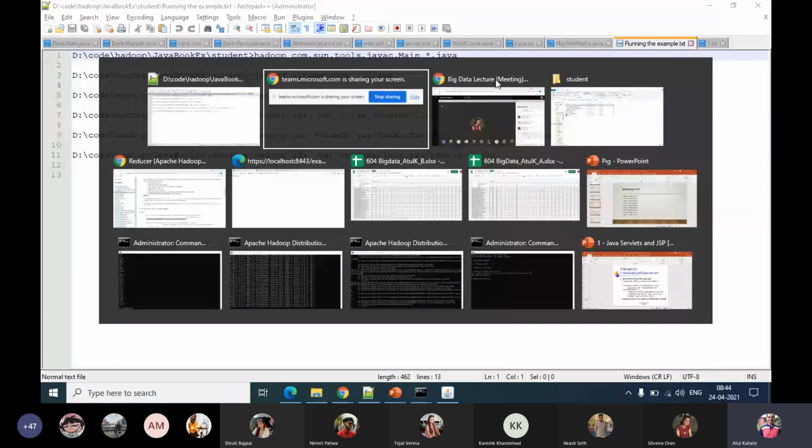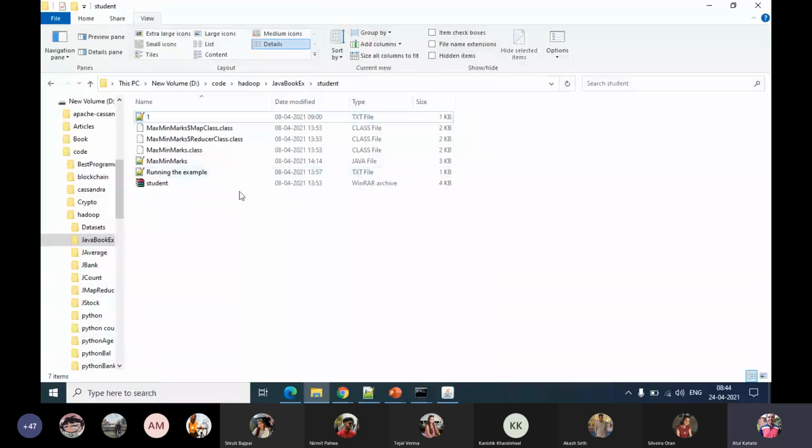It's better to keep code like this in a separate directory so that you don't later on get confused about which code is for which file and which input file is going to be used for your code. All those complexities will reduce.